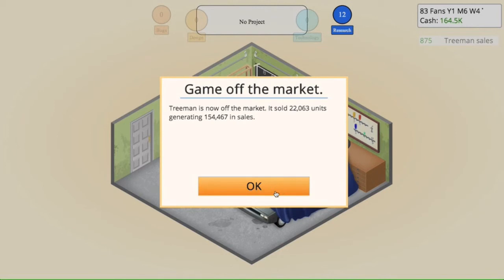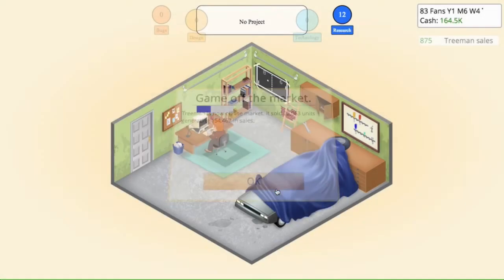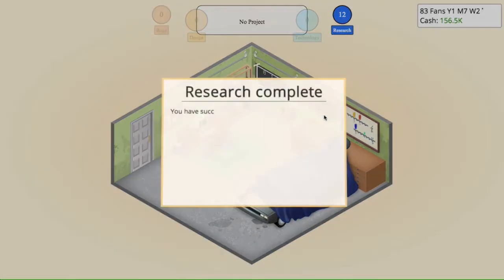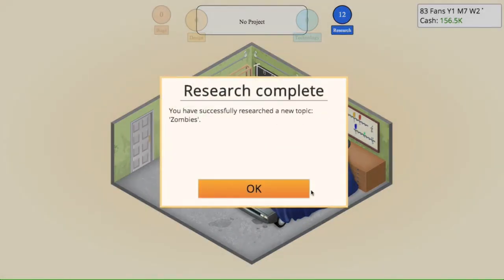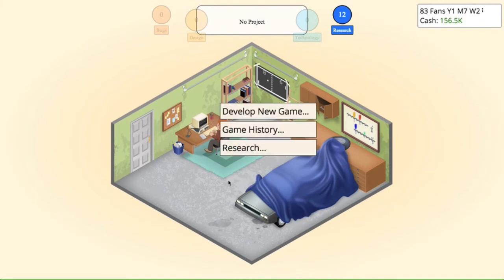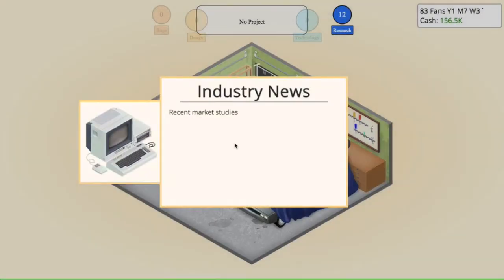Treeman is now off the market. It sold 22,063 units and generated 154,467 in sales. And no monetary units. They just use rocks or whatever they want to. What was this like back in the 80s? What did they even use then? Like, they had stones and clubs back then. Jeez. You've successfully researched a new topic. Zombies. Okay. Well, now that we have zombies, and now that Treeman's off the market, I think we can...